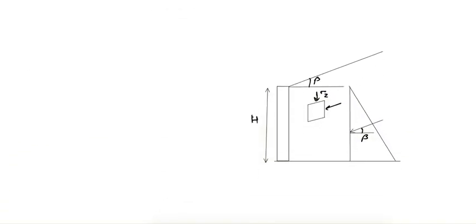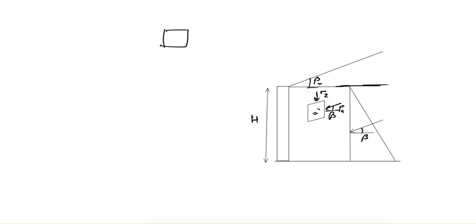Next is the case for inclined backfill. Normally the assumption is that the backfill is horizontal, but here we are saying the backfill makes an inclination of beta from the horizontal. To solve this problem, the element we normally take as a rectangle is taken in this shape. Here sigma z is the vertical stress and the active earth pressure is taken at an inclination of beta,